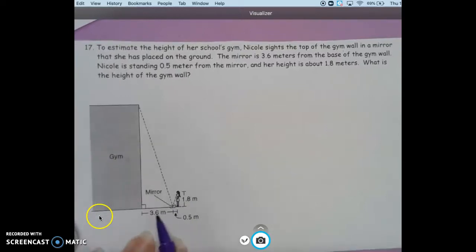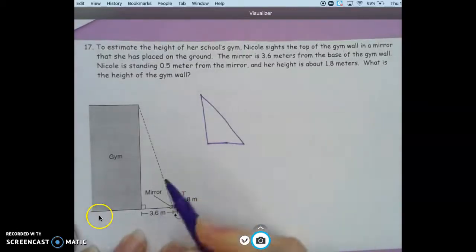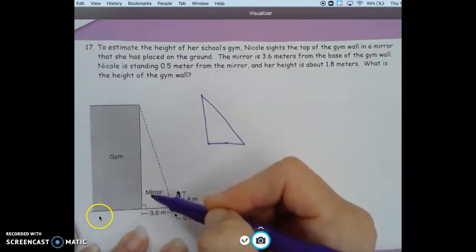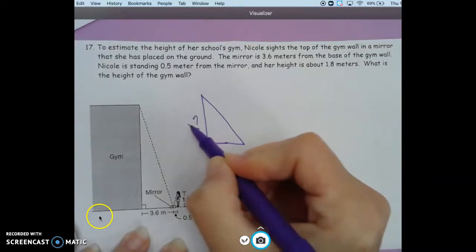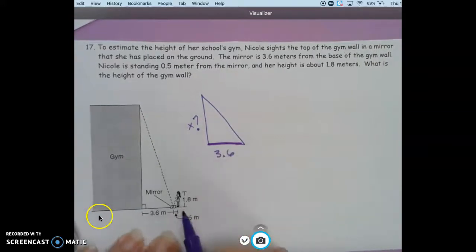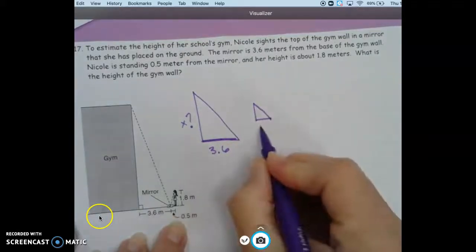Well, the nice thing is they've put all those measurements in there for us. We could have sketched it all out ourselves, but they sketched it for us. But when I look at that sketch, the triangles are facing two different ways. So we need the tall part and then the shorter part. So it said, here's the gym, and that's what we're looking for. What is the height of that gym wall? That's what we don't know, so that's going to be our x. And it says that she's standing 3.6 from it, and then we need to draw Nicole. And Nicole is going to be, we've got 0.5, and then